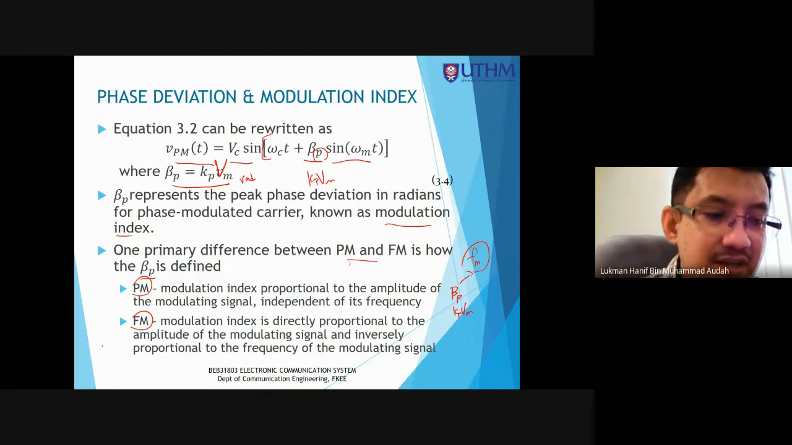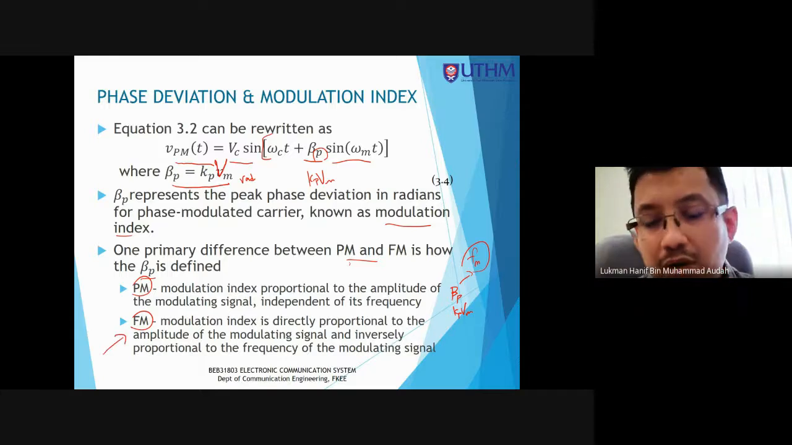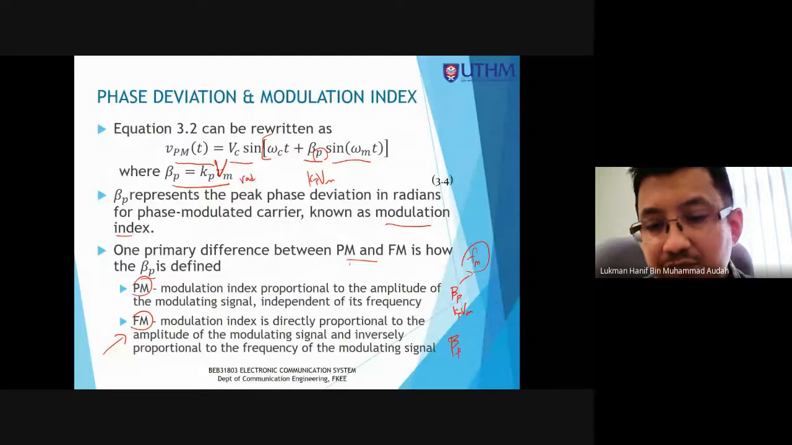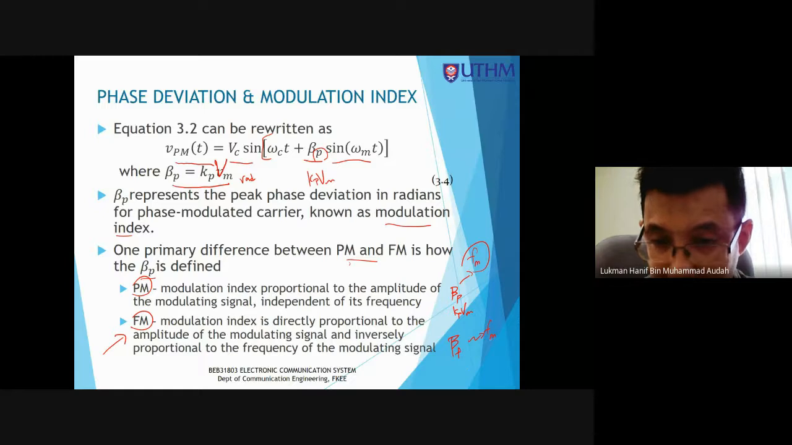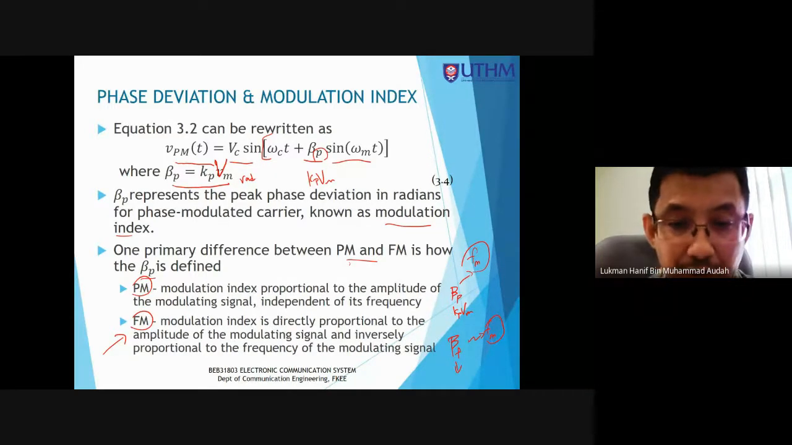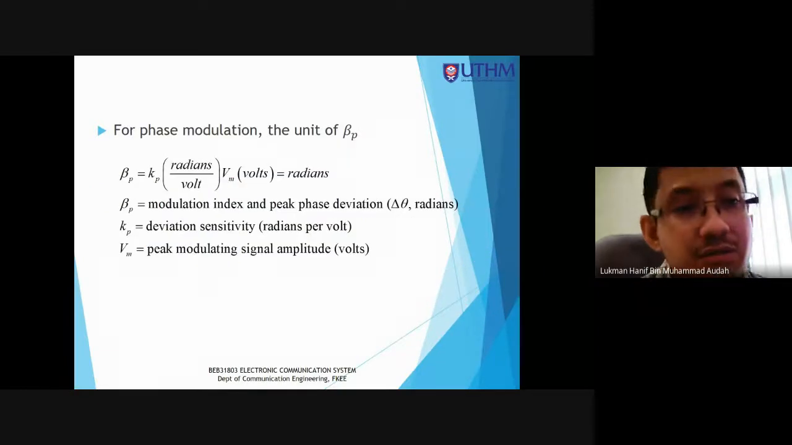Okay. Berbeza dengan FM, okay, where the modulation index is beta F, and it is actually related with the modulating signal frequency, FM. Dia berkait rapat. Nanti kita akan lihat bahawa di sini beta F is actually equal to, ada nilai dia, nanti kita akan lihat slide berikutnya. Okay. So